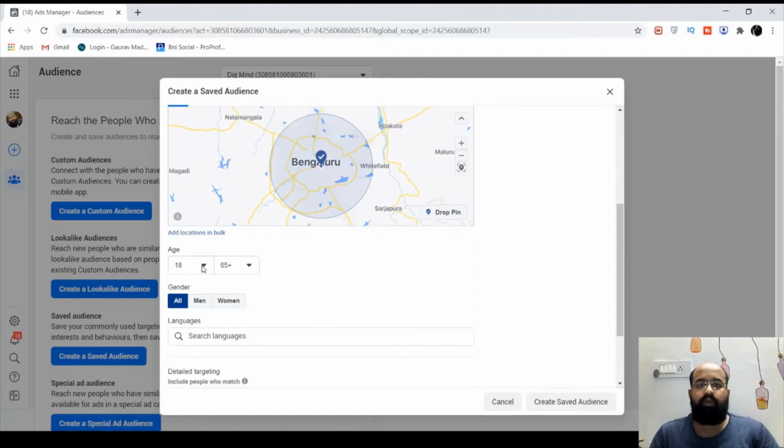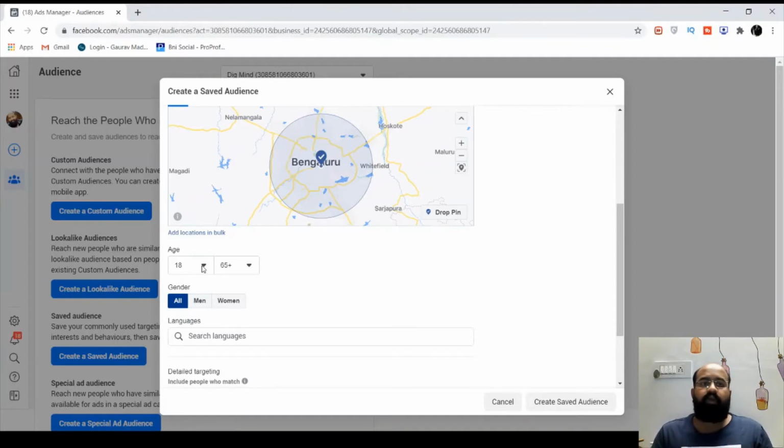maybe a newly wedded couple for a real estate ad. Though newly wedded couples, I don't deny the fact that they can purchase a house, but the larger audience is around 30 years, because that's the time they have the decision making power. So I would suggest you keep an age group like maybe 27 to 50 for a real estate company,